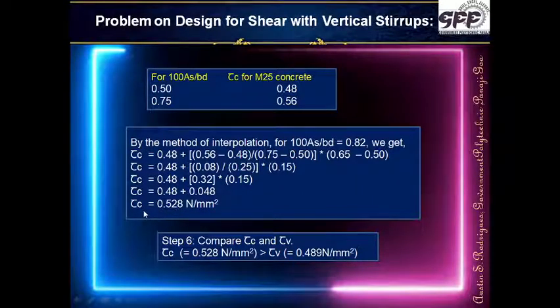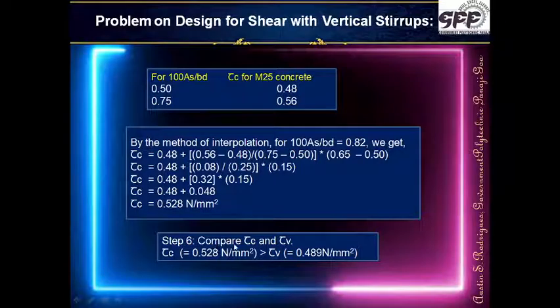So tau c, the inherent capacity of the beam due to the type of concrete it has, the type of steel, the amount of steel, the aggregate interlock, considering all those things, its inherent capacity tau c is 0.528. Now look at this, you always compare this value with these two. This value should always come in between these two, otherwise there is some mistake in our calculation. So tau c has come equal to 0.528 Newton per mm square.